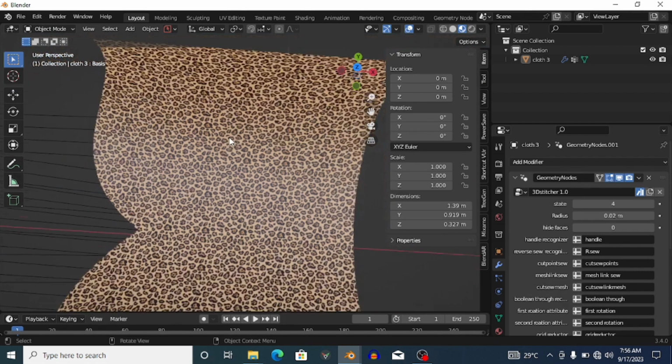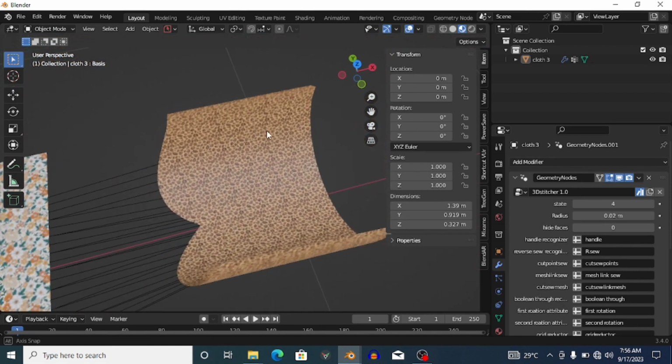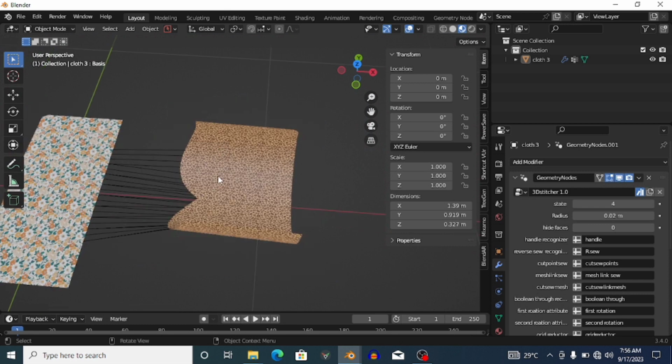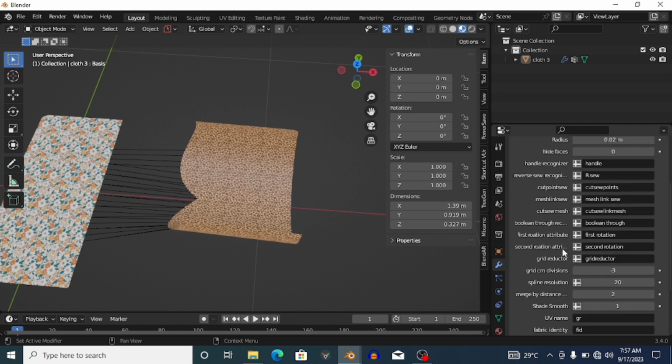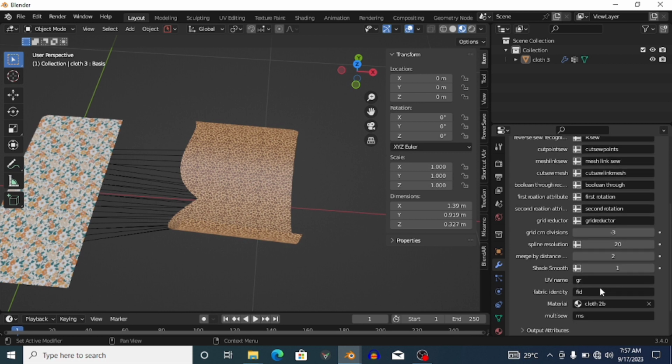I'm not sure. I forgot that. That's it, these two fabrics have materials depending on what they are. They look like they have different materials, different coloring, depending on which fabric they are, but they actually have one single material, where the color is dependent on this attribute, which is the fabric identity, which can